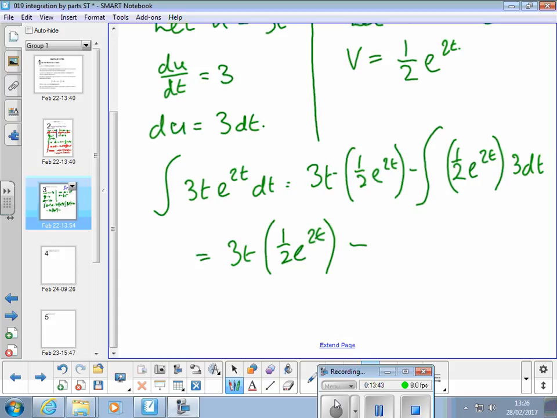So it's all of that multiplied by 3. So yeah, you're right, that 3 could go in there. Okay, but then that's a constant times that function. What can we do with constants in terms of the integrals? Take them outside. So we can do 3 over 2 times the integral of e to the 2t